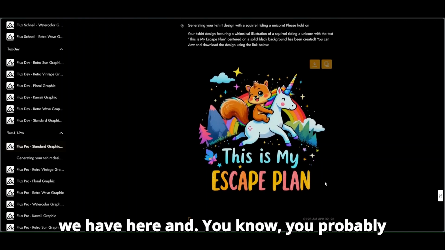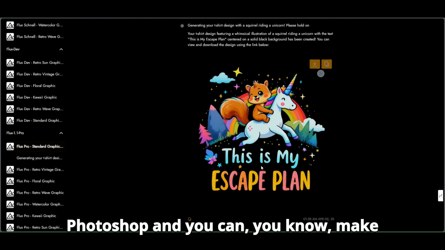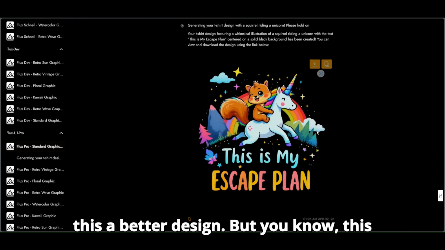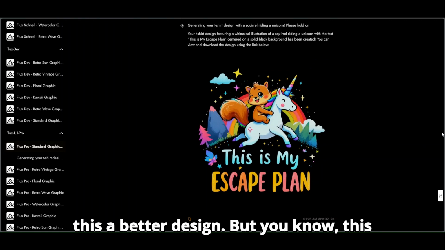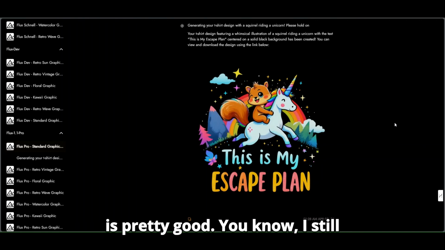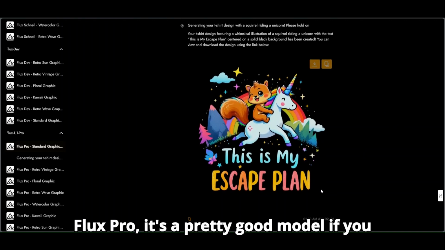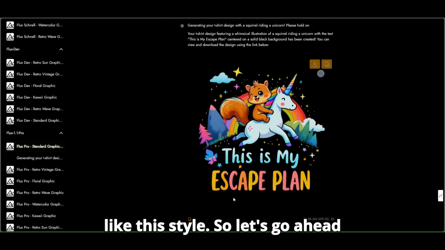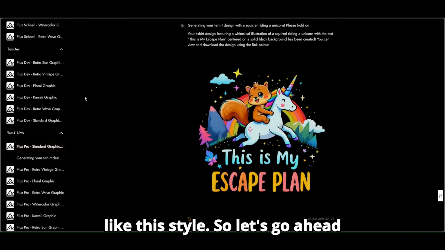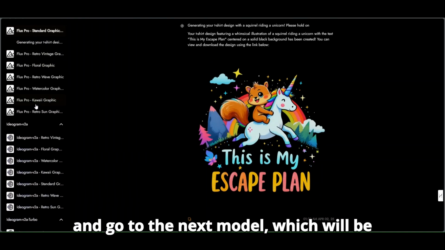You could probably just do a little bit of editing in Photoshop, and you can make this a better design. But this is pretty good. I still prefer the Dev model, but Flux Pro is a pretty good model if you like this style. So let's go ahead and go to the next model, which will be Ideogram